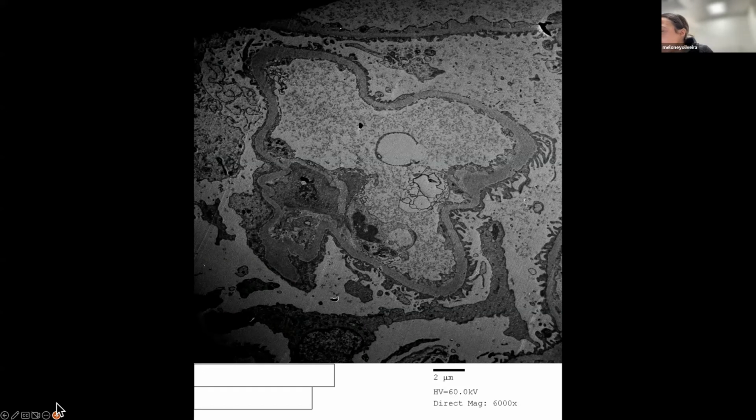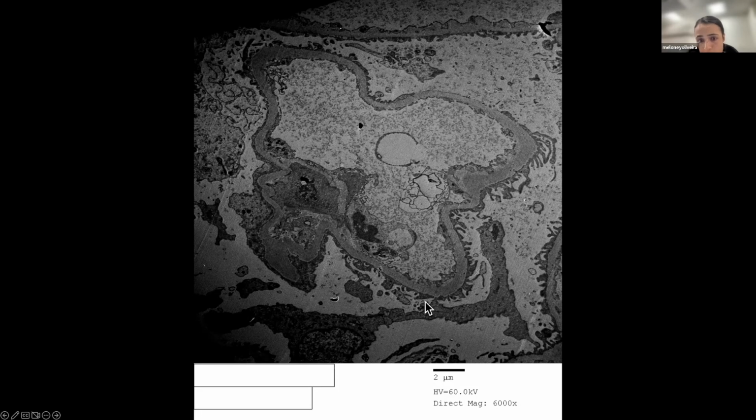Okay, so here we have the electron microscopy view. Just to orient myself, this is the capillary wall. Inside we have the capillary lumen, and this is a urinary space. Looking along the GBM, I don't see any electron dense deposits all the way around. And the podocytes, at least here, oh, I should use my computer so you can see my cursor. The podocytes here